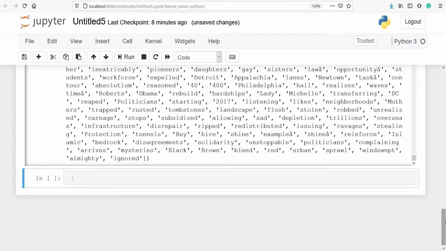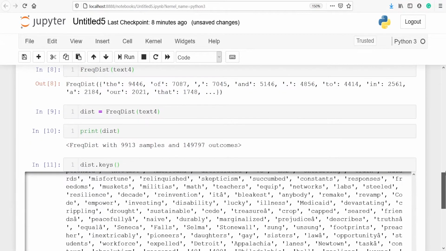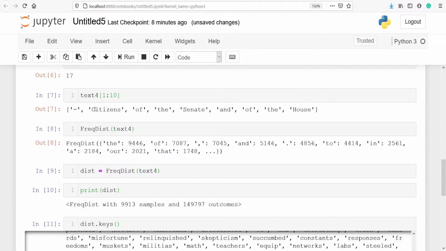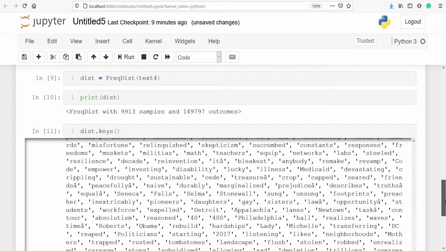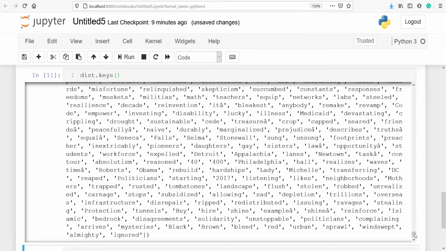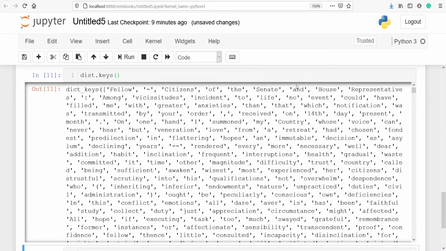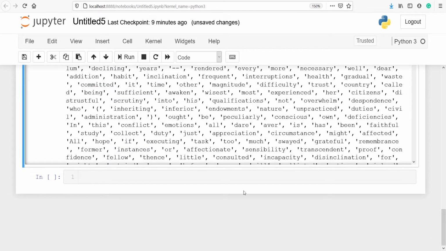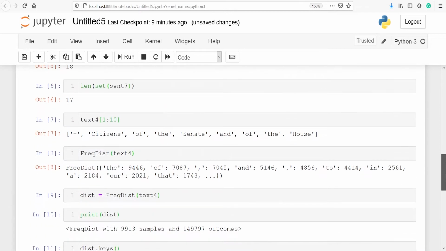We can get the count of a particular word. For example, I want to get the count of the word citizens. So from here, if we look, citizens is here. We want to get the count of this word. I'll copy this word from here, and then I will call our variable dist, because we have saved the result in this variable.